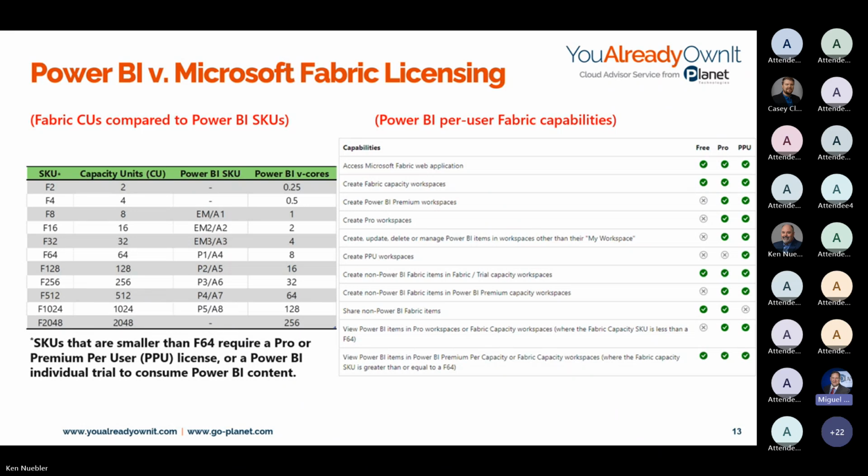Okay. But yes, I have multiple demo tenants, right? I have a Microsoft 365 E5 tenant that I use for my demo work and learning and so forth. And then I also have another personal one that I've only got an F2 capacity license for. But it's interesting, even with that F2, and I've actually kicked it up to F4, going back and forth on that, I'm going to get to something very interesting that allows me to actually utilize capacity even up to the 64 level, even though I only have an F2. I'm going to get to that in just a few minutes.